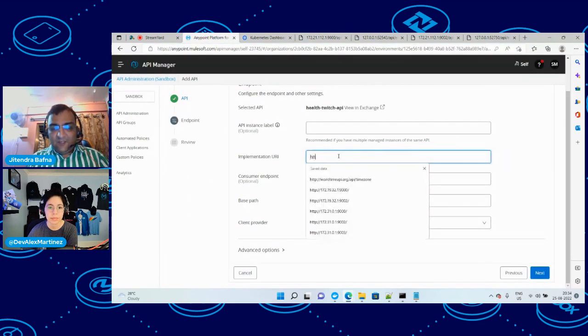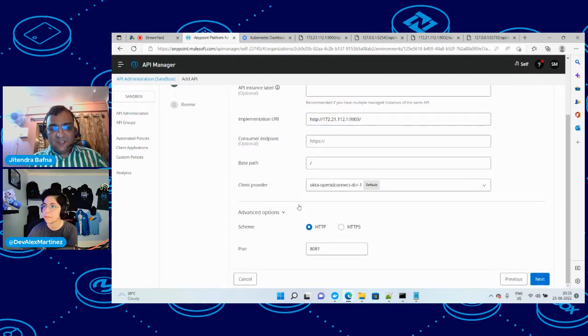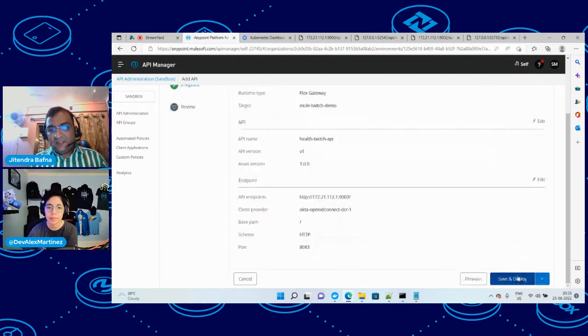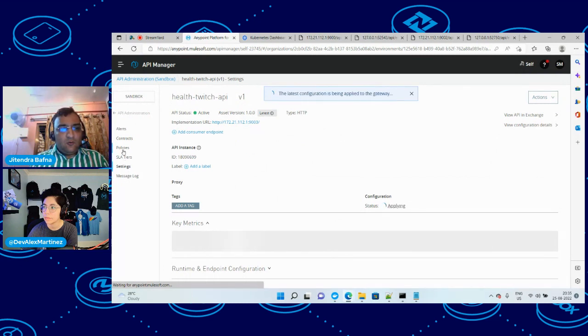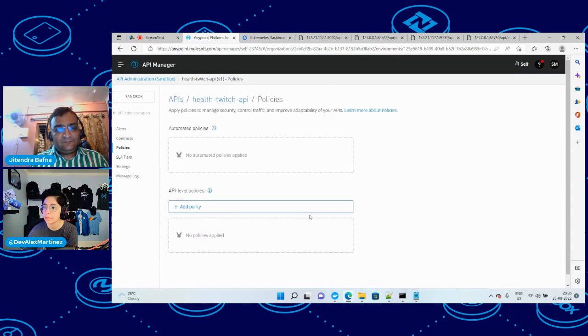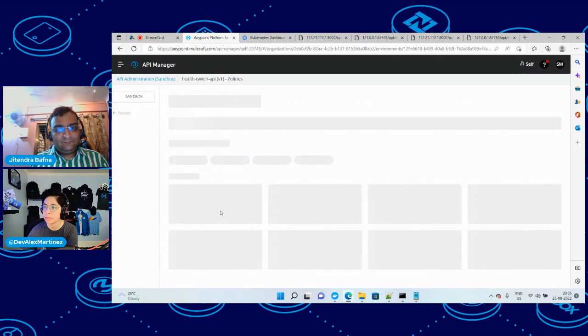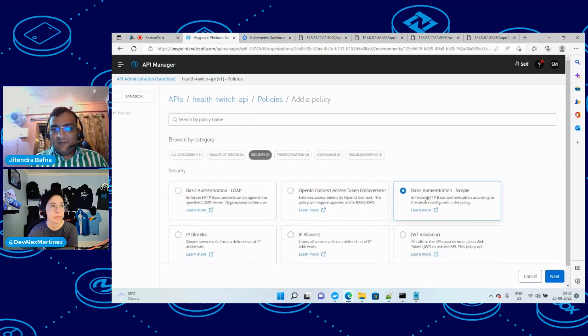Okay, so I can say HTTP. Remove this. 9003. The rest of the things can remain the same. Just change the port to 8083. Next, save and deploy. Okay, so I can go to policies. I will apply one policy to this. Let me go to security policy. Next,